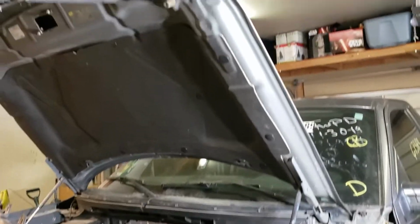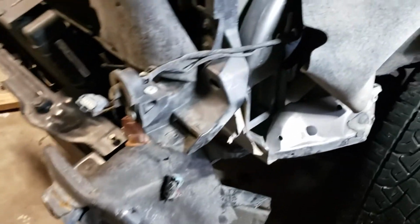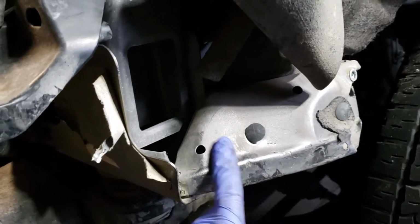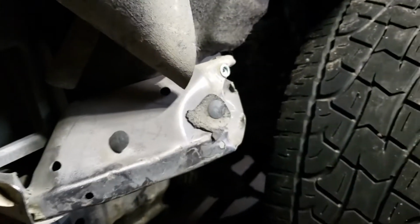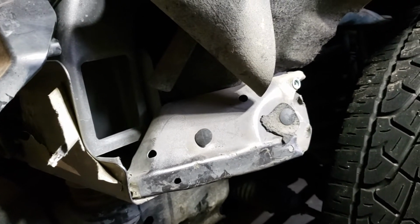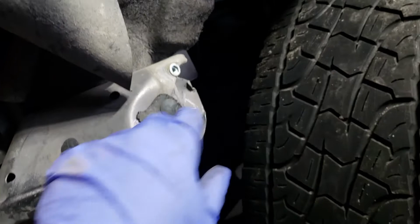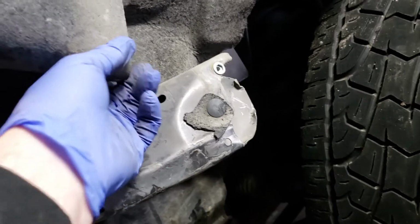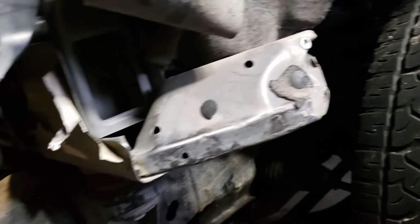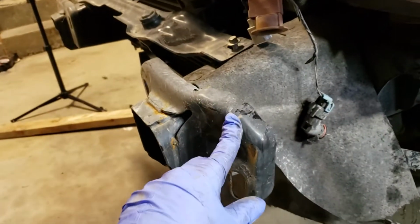But I really want to go drive it, but I can't. See, this is bent here. Maybe I'll make a run down to the junkyard. Because if they have this, because I don't think this does anything besides support odds and ends. Like, it could be rebuilt. It just has a couple screw holes in it. Holds this out of the way. But I'm gonna go check the junkyard, maybe see if they have this first of all, maybe a bumper, which